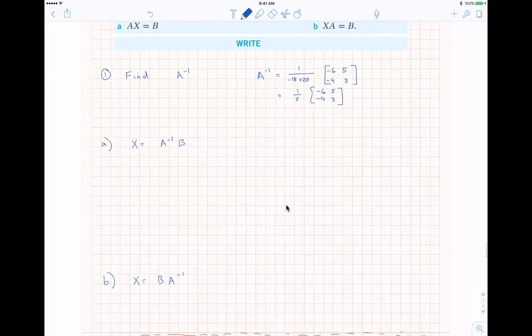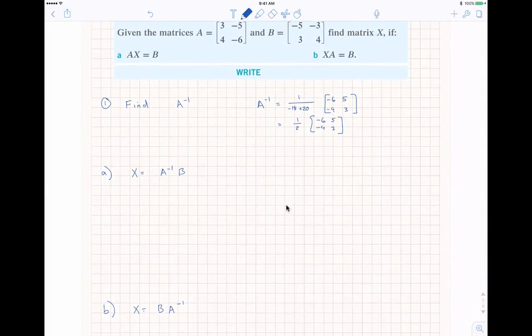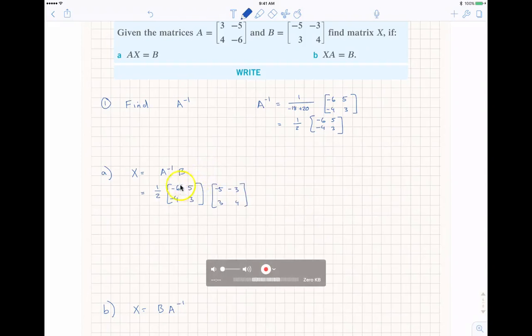Okay, so for part A, we have to do A inverse times B to solve it, because we have AX equals B. So the solution will be A inverse times B. So we have 1/2 times minus 6, 5, minus 4, 3 times our B, which is minus 5, minus 3, 3, 4. Now you can choose to multiply that by hand. Remember that would be first row times first column, first row times second column, second row times first column, etc. You can do it by hand or you can put it in your CAS. And you should find that that equals, leaving the half out the front,